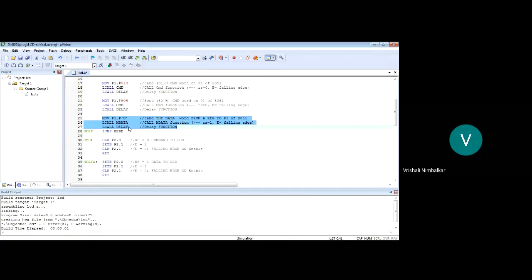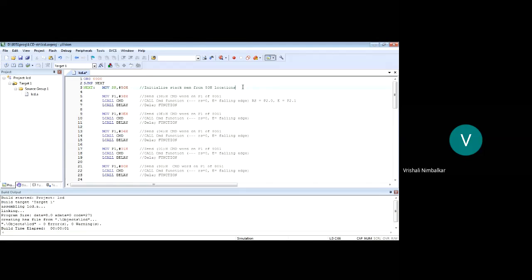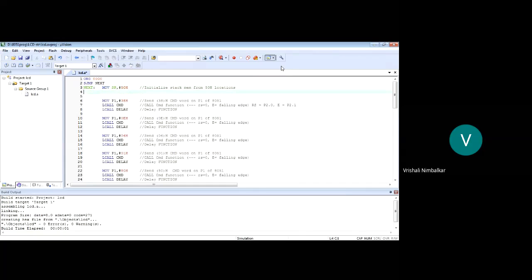So I need to loop this: send the character on port 1, call the control signal for data, and call the delay function. The first modification is that all the initializations are done at the beginning. So initialize a counter of 5 using some register. Let me take R3 and #05 hex. I'm loading that count 5 in register R3.